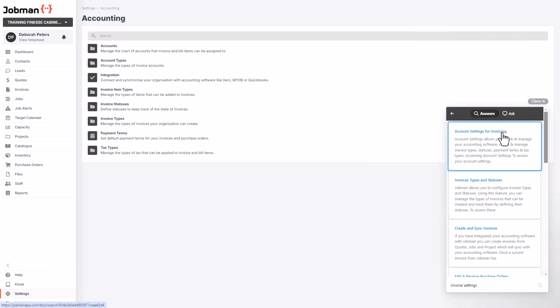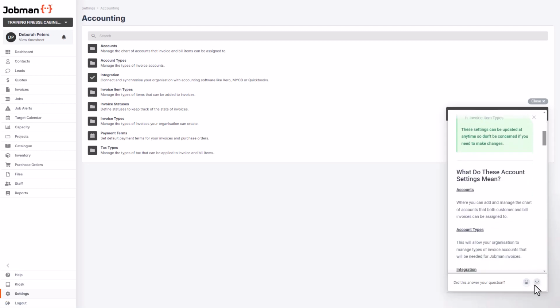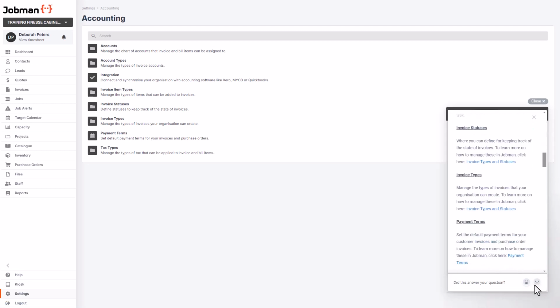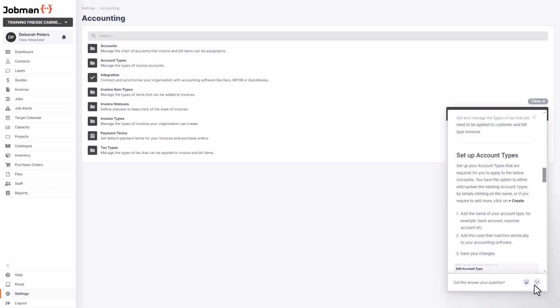Remember, help is always just a click away on the user menu panel. Simply type your question and search for what you need. Here is where you will find all the answers and